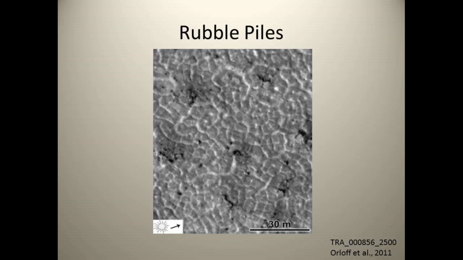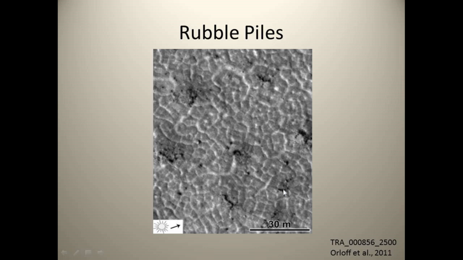We also find boulders clustering in another way. This is what we like to call rubble piles. Here we have a polygonal terrain, and on this terrain we have a cluster of boulders here, a cluster of boulders here, and we have clusters of boulders here. And even in this case, when possible, we see that the boulders are lining up in the cracks, even within the rubble piles. So here the large boulders are definitely in the cracks, the troughs of the polygons. But when you look closely, you can see the boulders lining up in the cracks of the troughs, or in the troughs of the polygons, in the rubble piles as well.